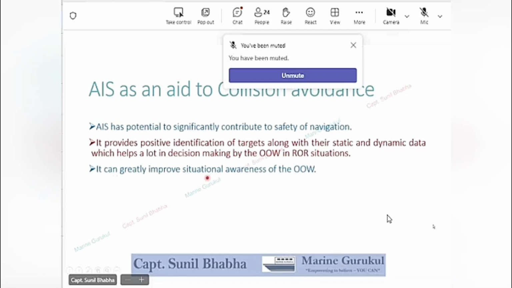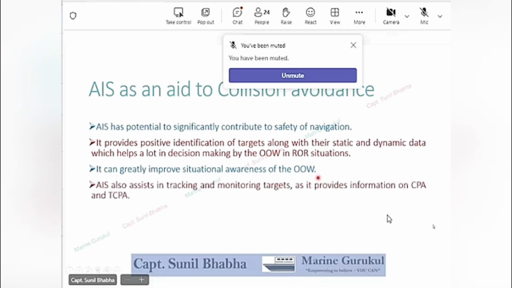It can greatly improve the situational awareness of the OOW. It also assists in tracking and monitoring targets, as it provides information on CPA and TCPA.